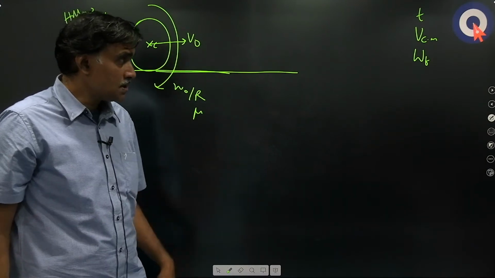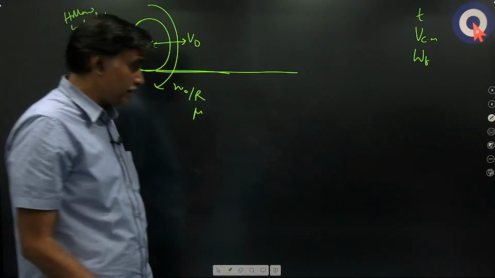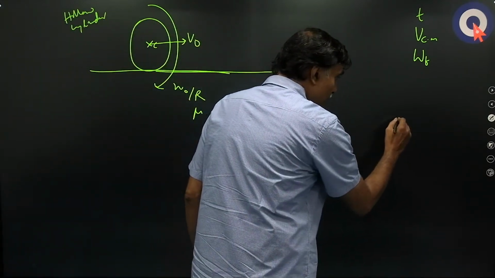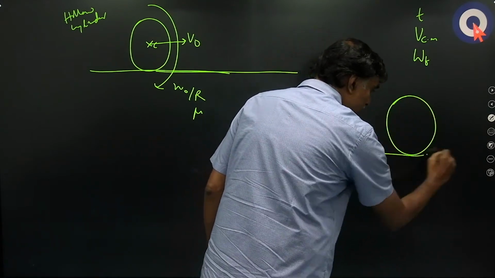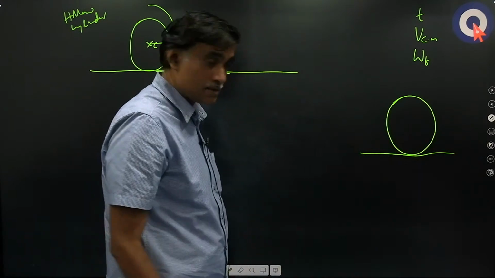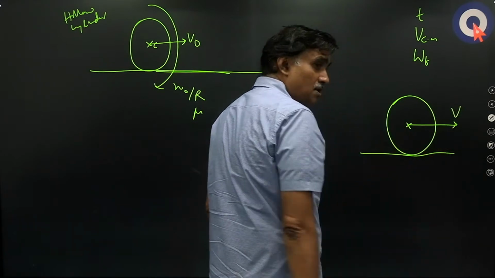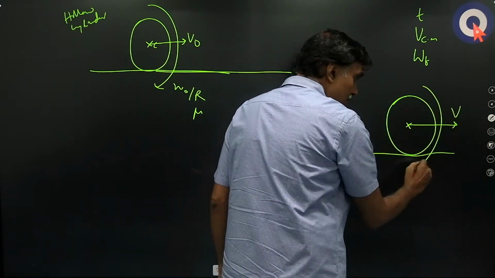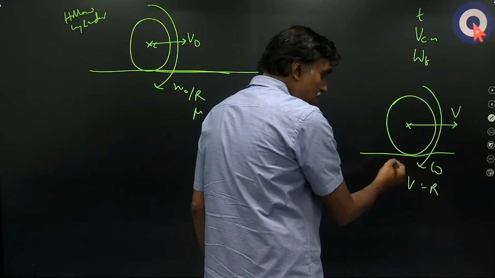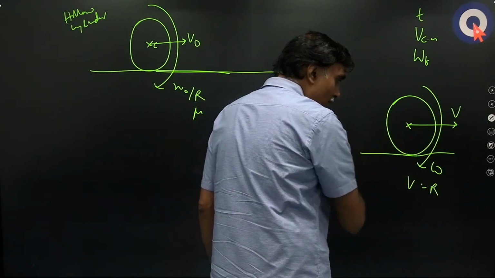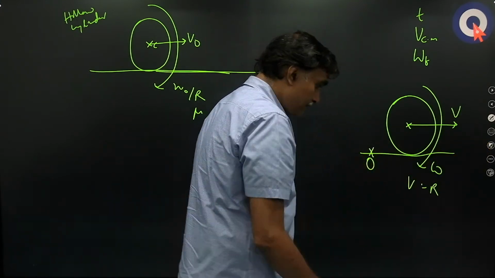So in such questions, when a body is rolling, what is the angular momentum about the lowest point? Let us say a body is rolling on a fixed horizontal surface, or any surface also. The velocity is V, the angular velocity is omega, and V should be R omega. Then what is its angular momentum about any point on this line? So for example, if I consider some point O here,